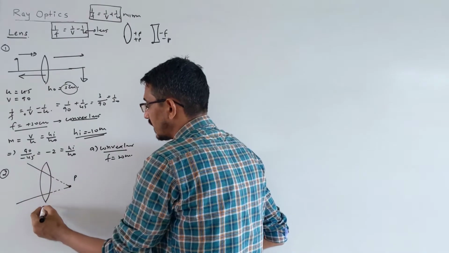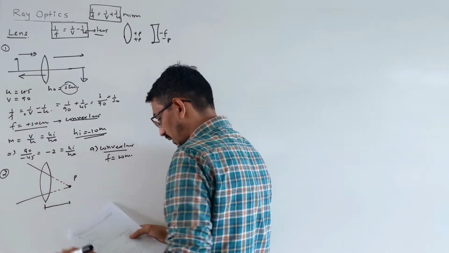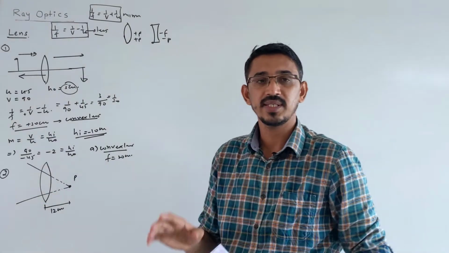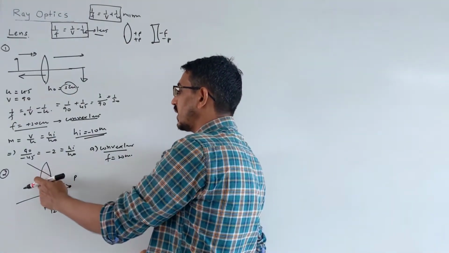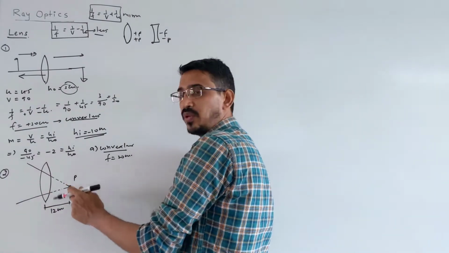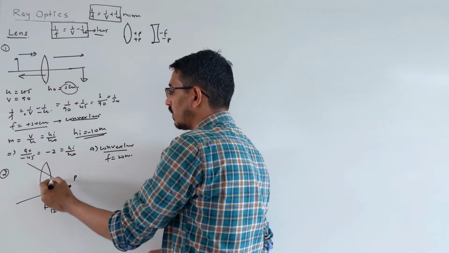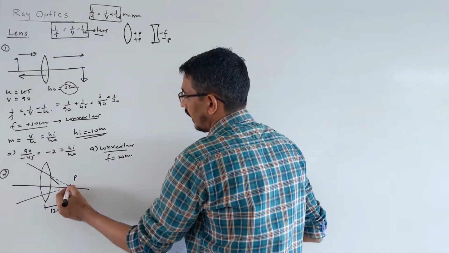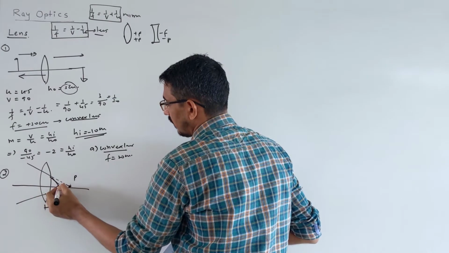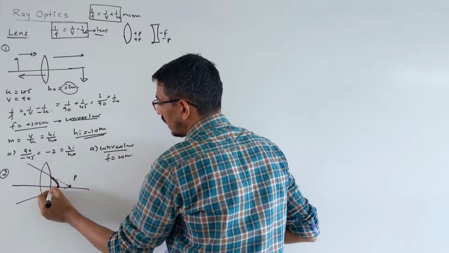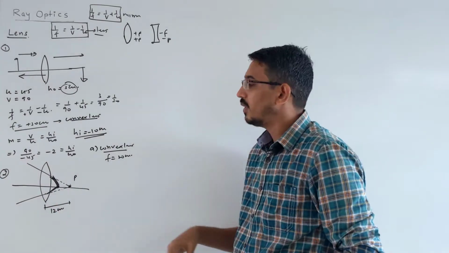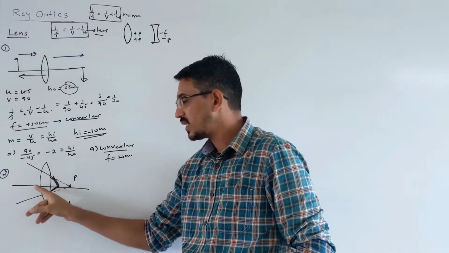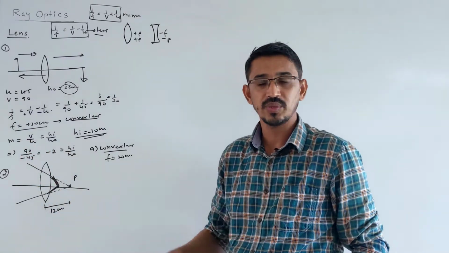Now this lens is placed at what distance? They said 12 centimeter. This is 12 centimeter. Now listen carefully, this is a little important. Before putting this lens, the light was converging at this point. So after putting this lens, the light will not converge there. Light will converge somewhere here itself, because this is a converging lens, it will converge light even more strongly. Before I put this lens, light was converging at point P. If you put this lens, it will converge even closer, because it's a converging lens.